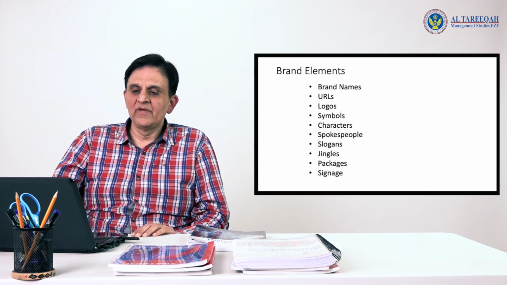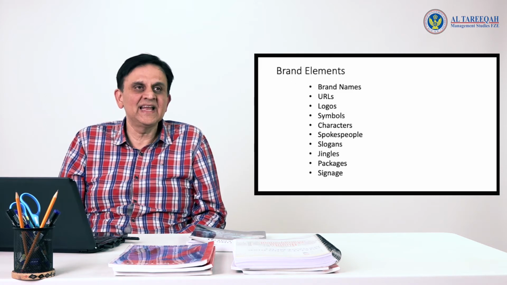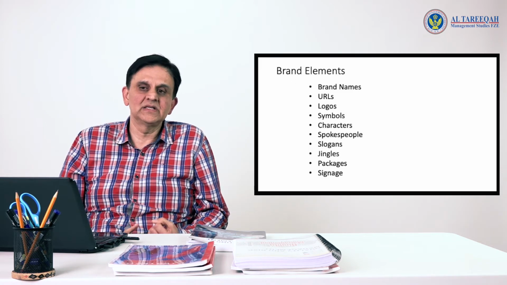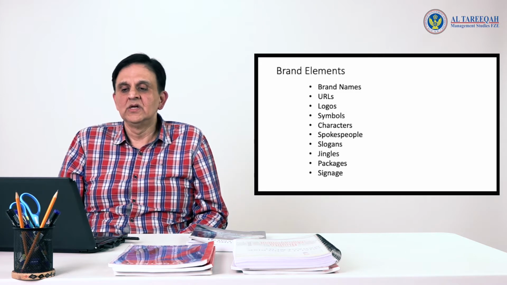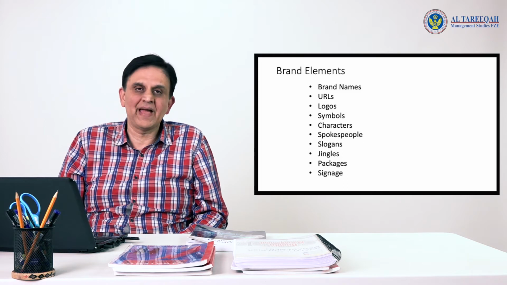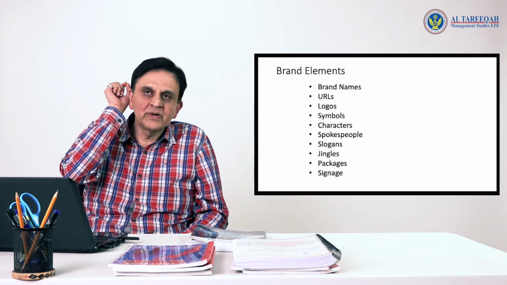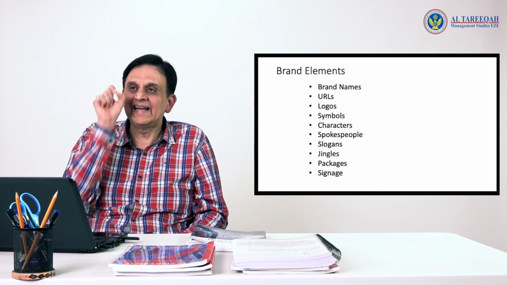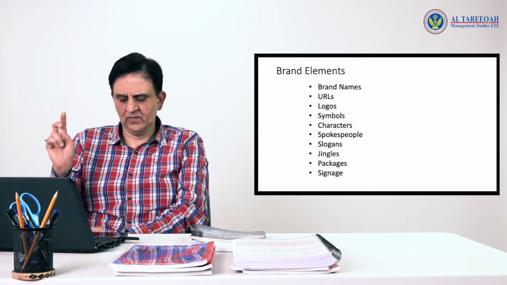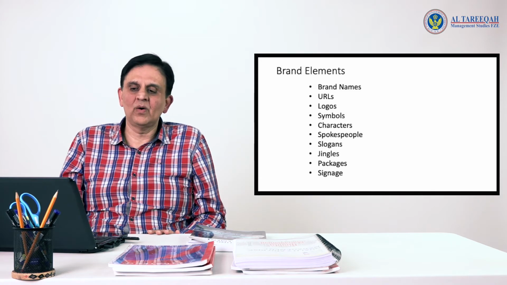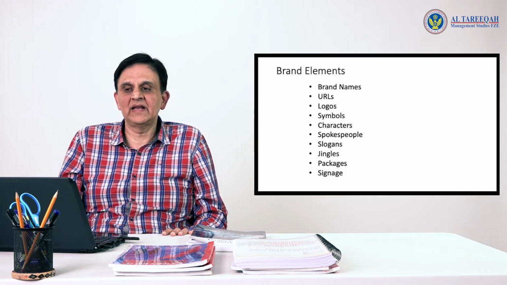There are various aspects that define the brand, and they are anything and everything that goes to the brand, right from the colors, the brand names, the logos, the symbols, the characters, the models, through the jingles or the music, through the packaging, through the signage, anything and everything that helps you identify and helps you make the choice with that particular brand. All these are elements that can be measured and that help you in defining the brand.